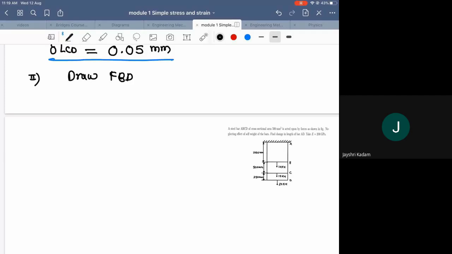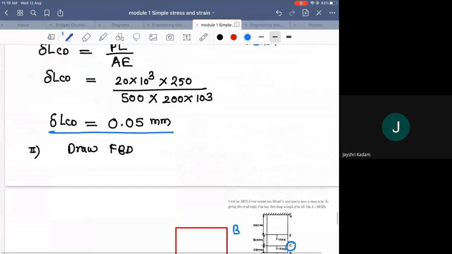Now I am interested in drawing the free body diagram for the portion BC. It's a rectangular part. My next step is to show the forces. I'll give the names: this is point B and this is point C. I am drawing the diagram BC. Now here, don't think about B, I'll think about C, because I have already drawn the free body diagram for CD. C is a common point for BC as well as CD.